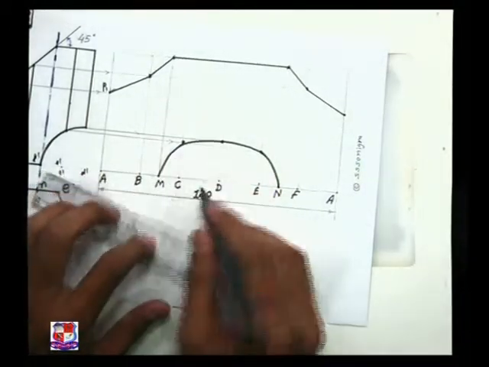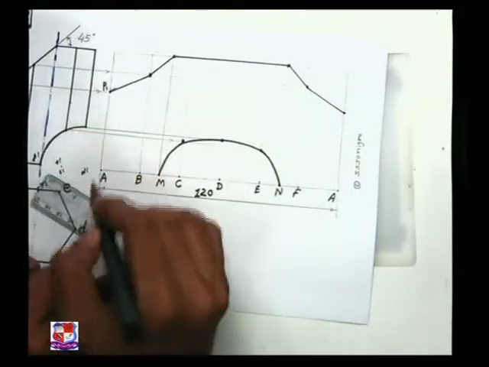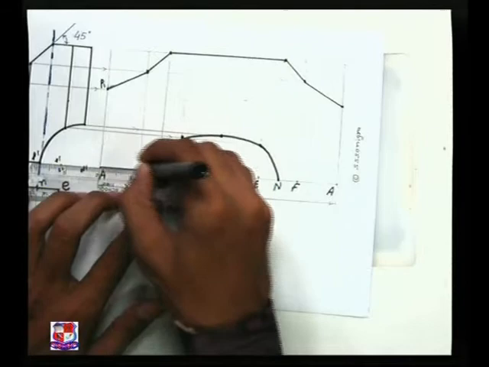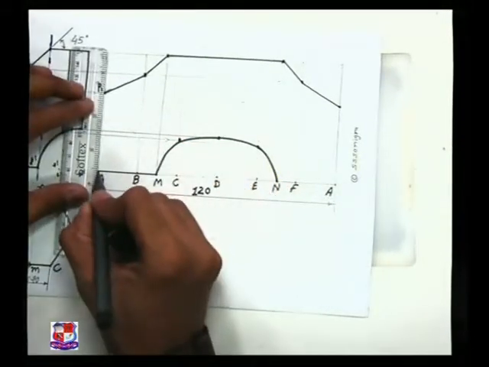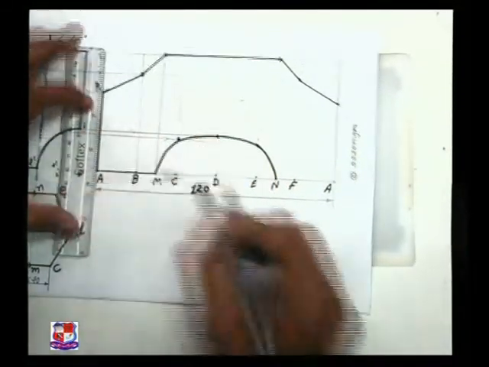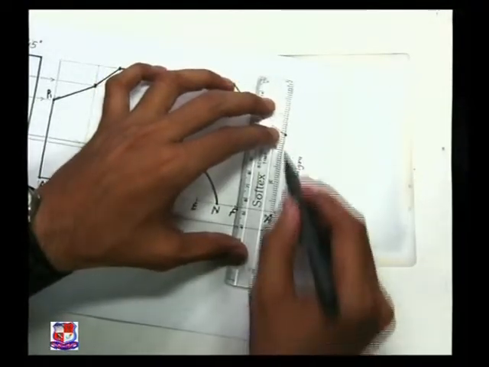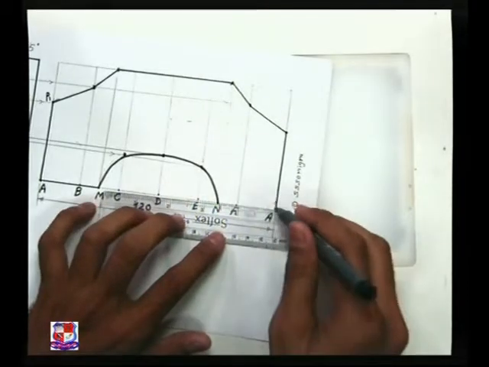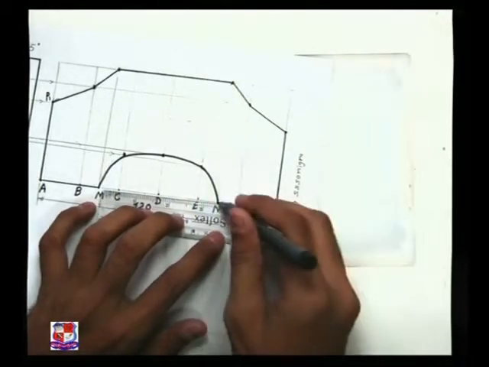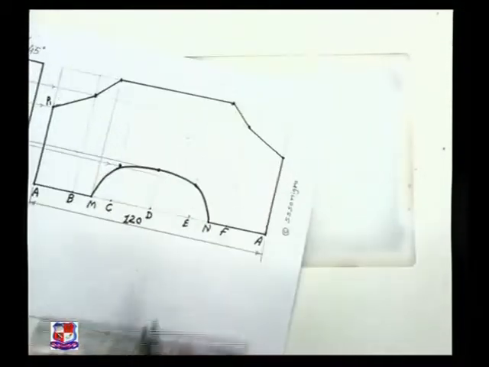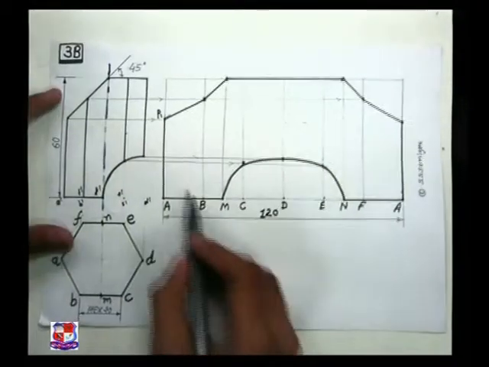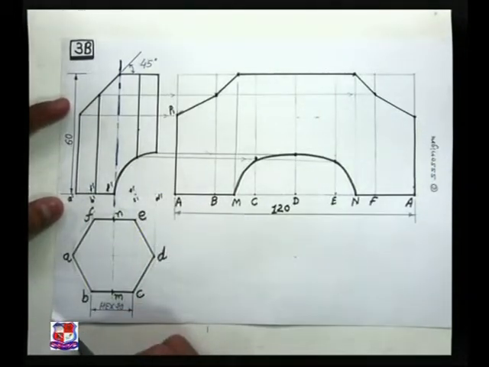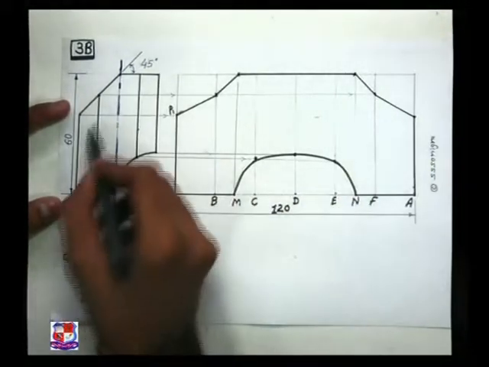Then this portion is the removed portion, this is the arc. So the rest of all portion should be darkened like this. This portion is to be darkened. This line should be darkened. This portion should also be dark. In examination, you have to just darken, don't make it much darker, like this. So this represents the development of the given hexagonal prism having 6 rectangles and cut at a certain portion.